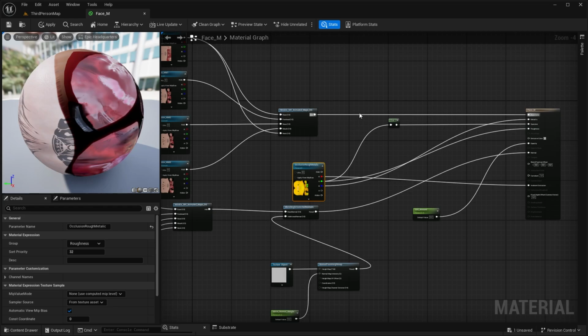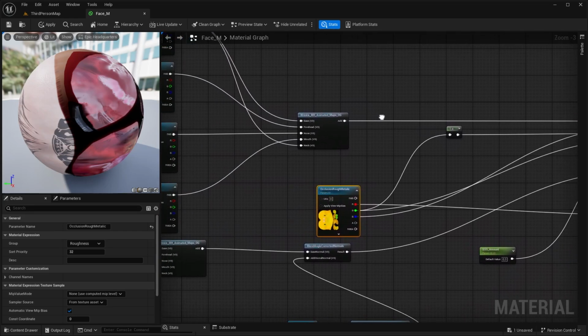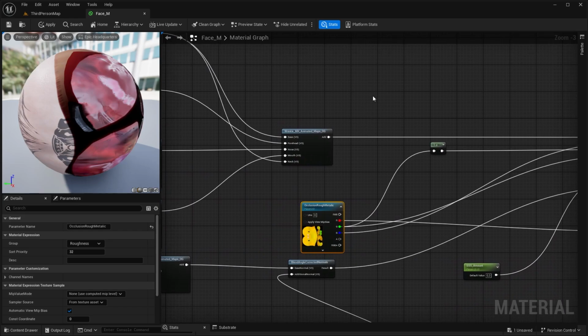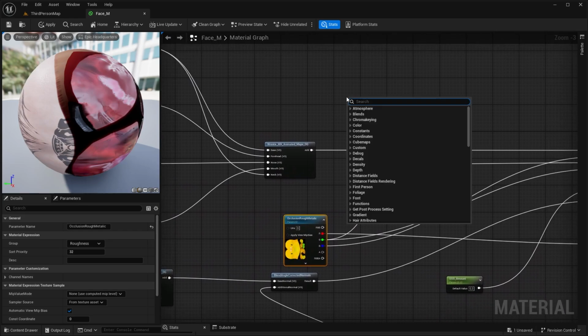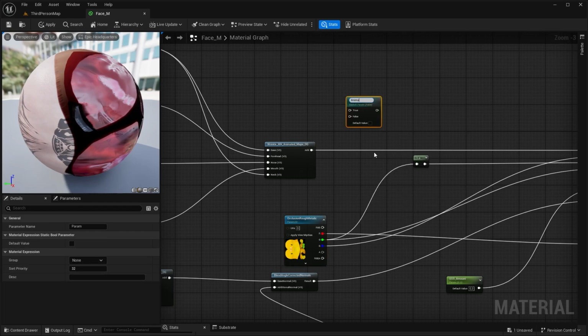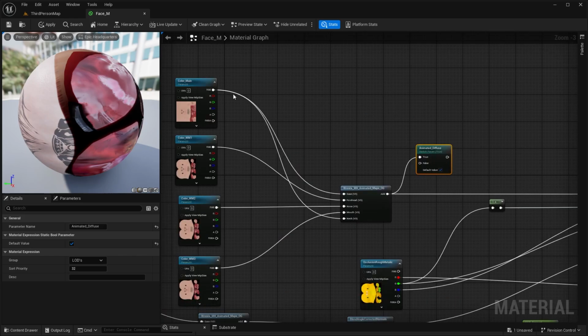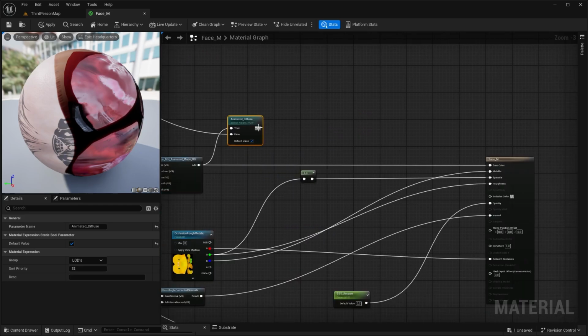Now back in the material, we want to add some sort of a switch mechanism, so we can switch off certain parts of the material at specific LODs. For that, we are going to use a static switch parameter. I will call this animated diffuse and give it a group, LODs, and set the default value to true. For the true input, I want to add the original output of my animated wrinkle maps. And for the false, I want to add the simple main color of the character